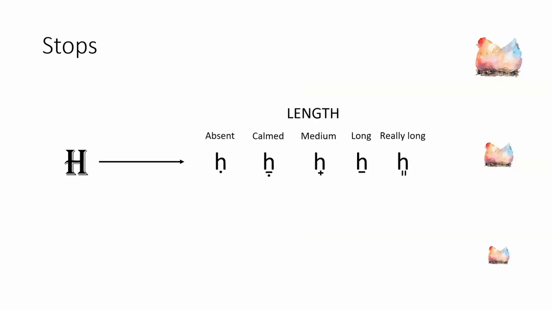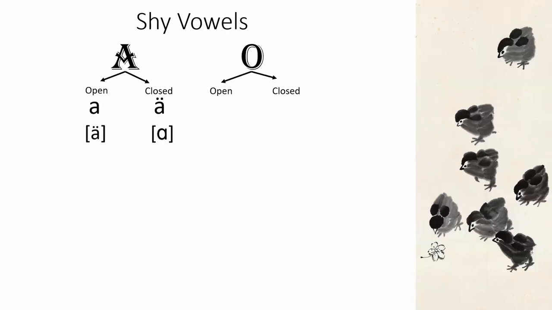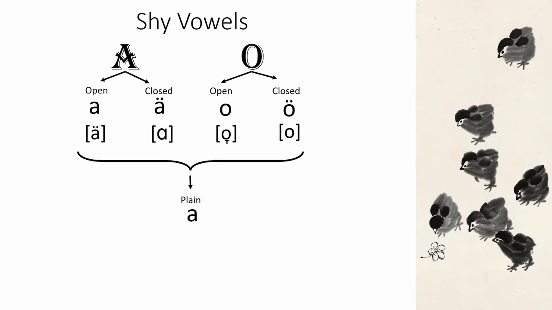The vowels are somewhat more difficult. In the first place, we have the default ones, also known as shy vowels. The main ones are a and o. However, each one has its own open and closed variation. They are romanized as shown. By default, they don't have tone. However, in certain situations, they may acquire a rising or a sinking tone.